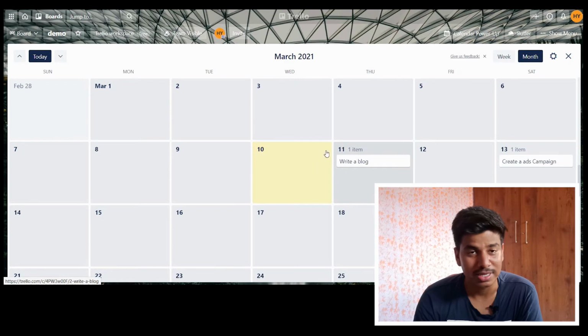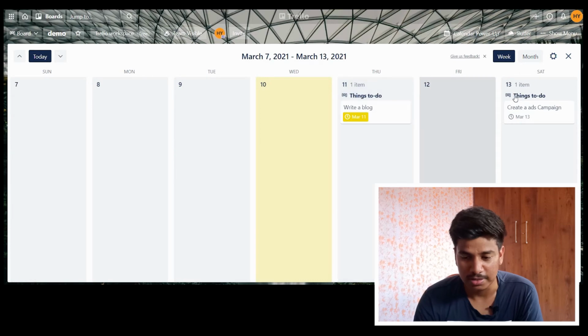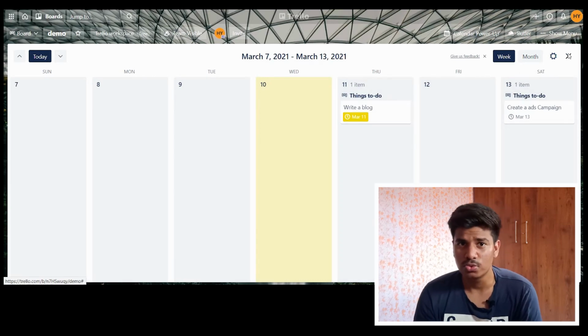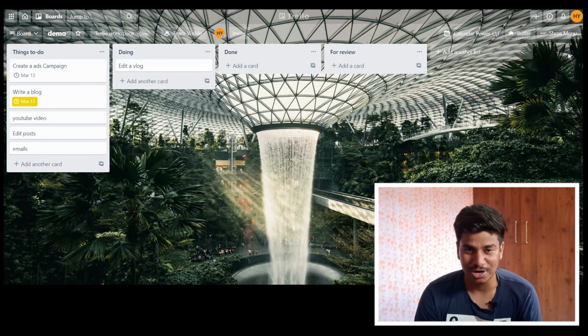For example, you can see that it's right now in a month view. You can also use it in a week view. I think it is more efficient than Google Calendar also. Yes, a lot of tools have their own uses and are winning in their own terms and conditions, but this tool may help you with your to-do list. It can also work as your calendar, is easy to execute, and works for a lot of marketing campaigns as well.